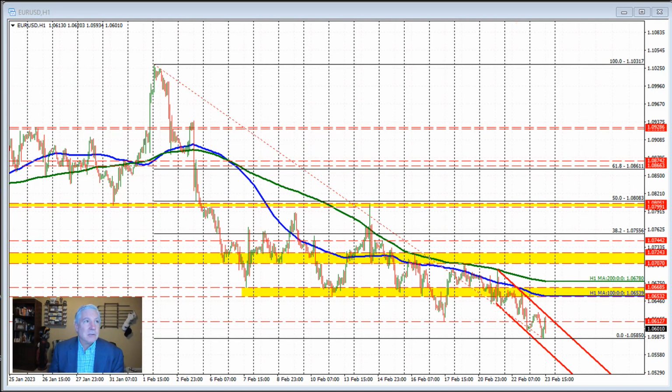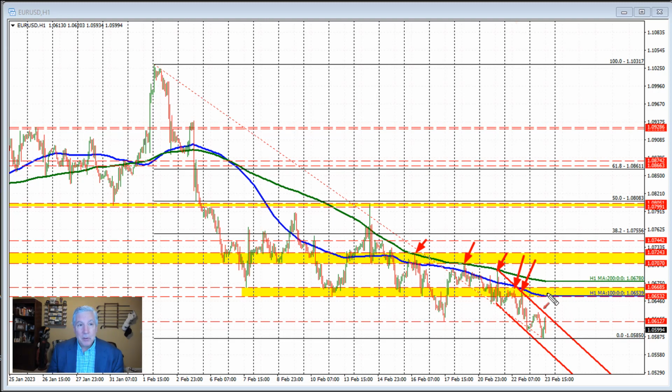So let's get into the technicals that are driving the market. We'll start with the euro versus US dollar. If we look at this currency pair, of course, the same old story is resistance against the 200-hour moving average. In trading yesterday, we found resistance against the lower 100-hour moving average, and we stay below that moving average. That moving average currently comes in at 1.06539.